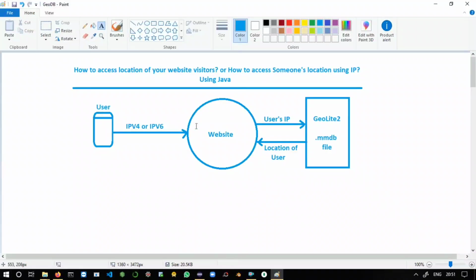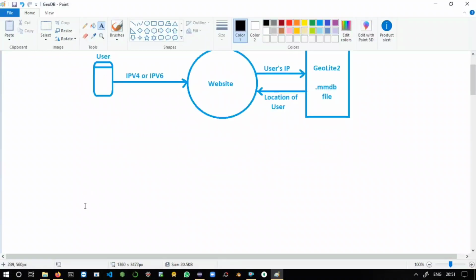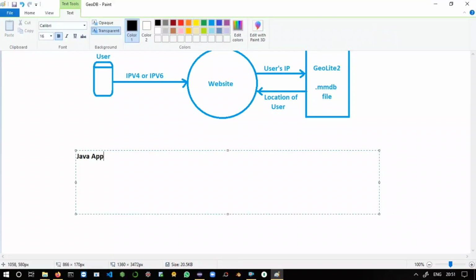Here we can write our requirements. Basically, we have to develop a Java application for performing these operations. You can also take a Maven application, so the Maven dependencies are required. Go to mavenrepository.com and search for com.maxmind.geoip2, and you will get the dependency.